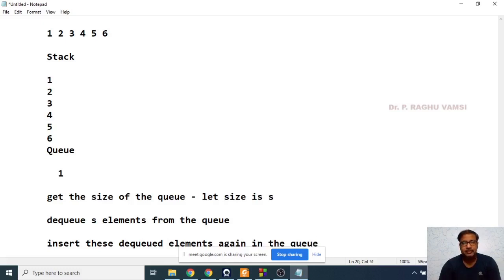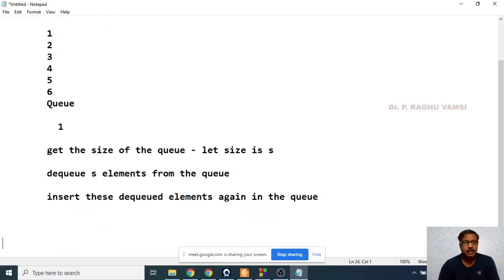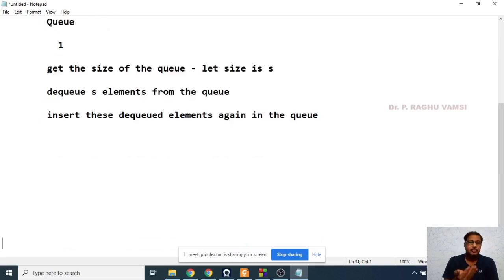So what will happen is, once you dequeue the elements, they will come in the same order of insertion. But when you insert these elements again, they will be arranged in the reverse order.